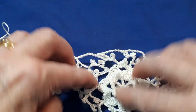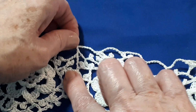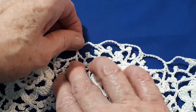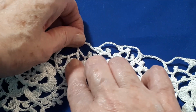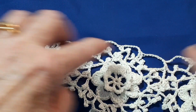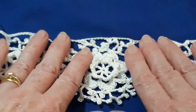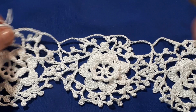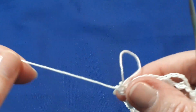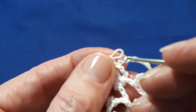Okay, so this is how it looks. You can see this little, it's not really an upside down Y at all. It's got 3 sections to it, the join there. Right, so now we're at this end. You don't have to snip your yarn and go back to the other side. It's okay to just